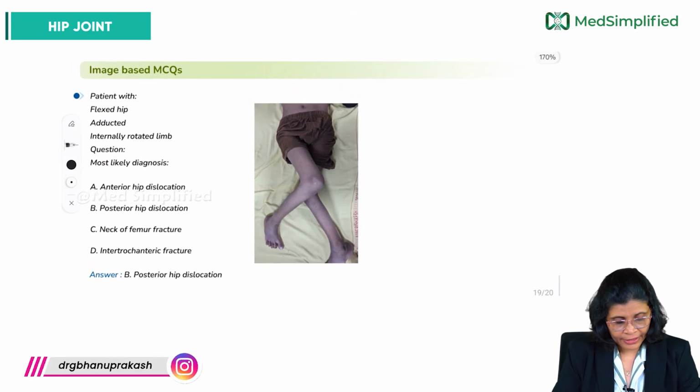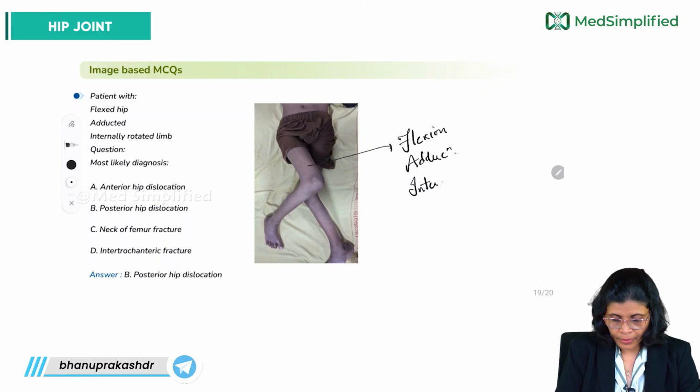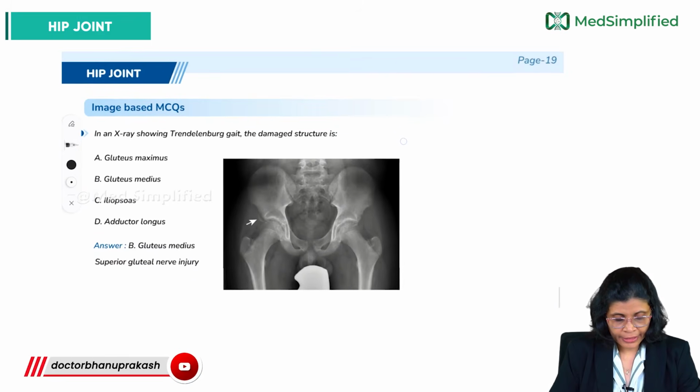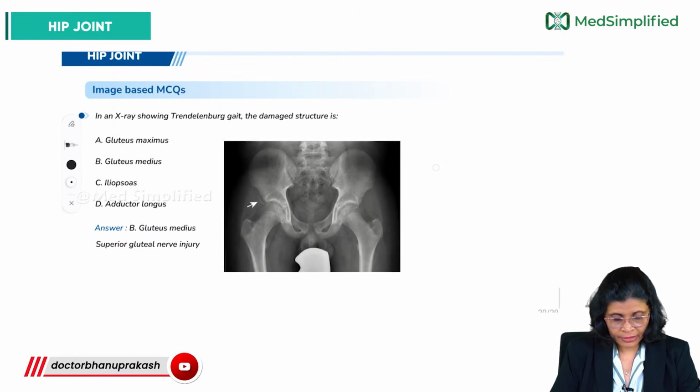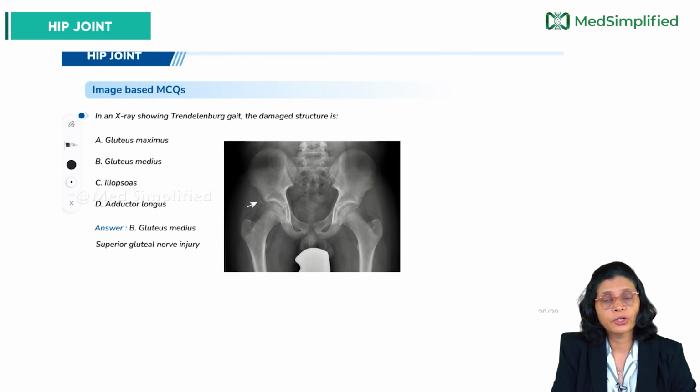Patient with flexed hip, adducted, internally rotated limb. Most likely diagnosis? Here we can see there is flexion of the hip, adduction and internal rotation. This happens in typical posterior hip dislocation. Next, an X-ray showing Trendelenburg gait, the damage showing. This is basically the X-ray of the person with the Trendelenburg gait, and we have learned that Trendelenburg gait is basically due to positive Trendelenburg